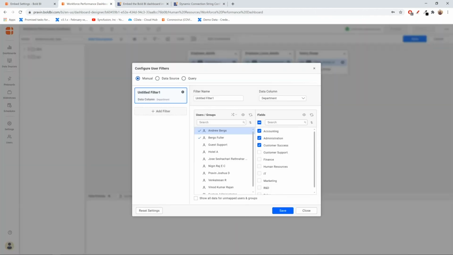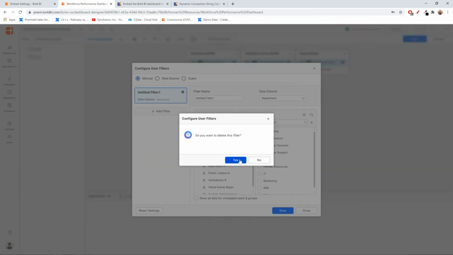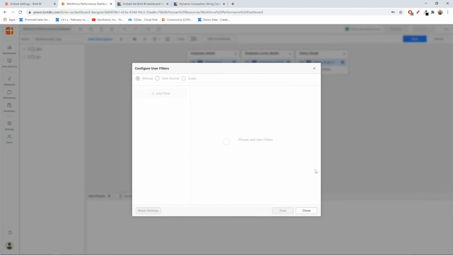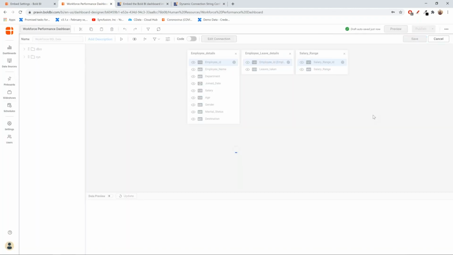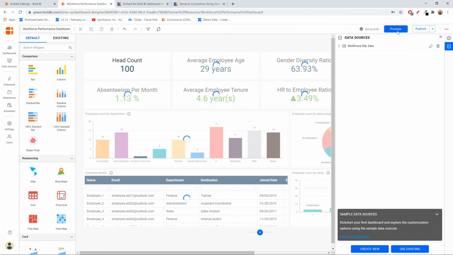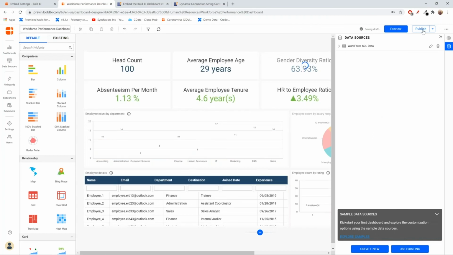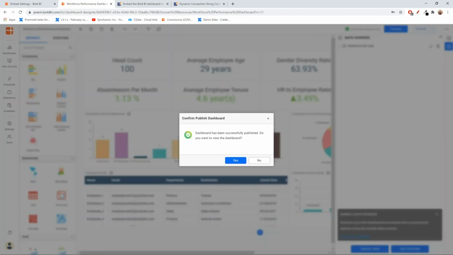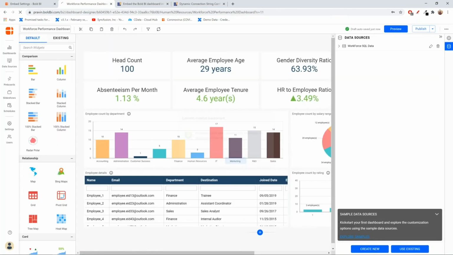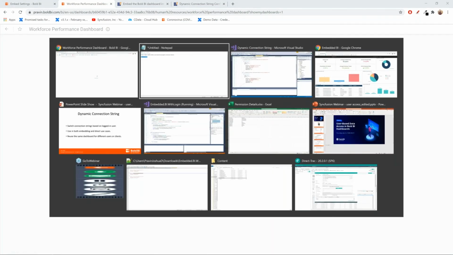So I'll just remove this and save the data source. And I can publish this dashboard. So again, in the embedding scenario, there is nothing going to be changed.